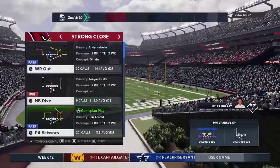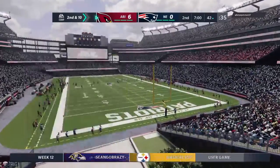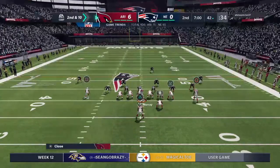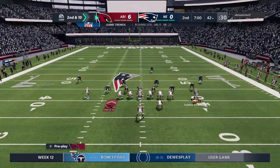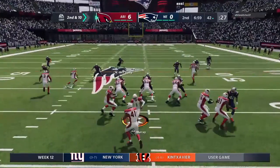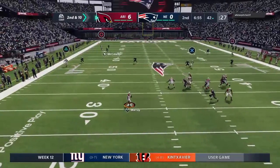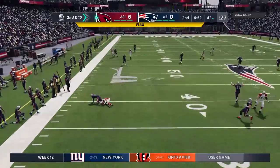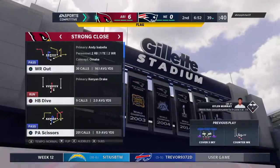6-0 our score after one. Patriots nothing. Here's 2nd and 10. Murray now. And he's taken down, trying to do a little too much, getting outside of the pocket, and it results in